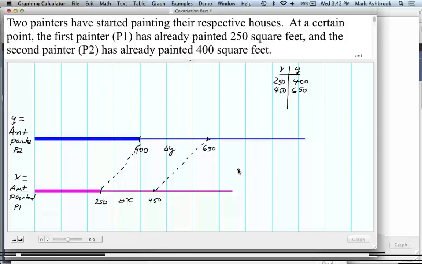So now the question is, you decided that the total amount painted by painter 2 is not proportional to the total amount painted by painter 1. What about the change in the amount, or delta y? Is that proportional to delta x? Go. Talk it over. See what you think. What is that? 300. The next change is 325 for painter 2. 375? Yeah, 375. So it's 300, 375.